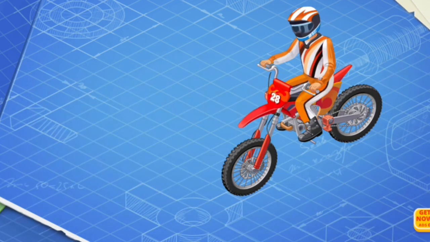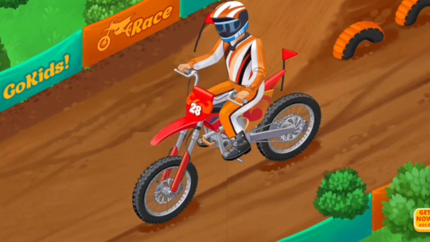Install the bodywork of a motocross bike. The bodywork protects the driver and the parts of the